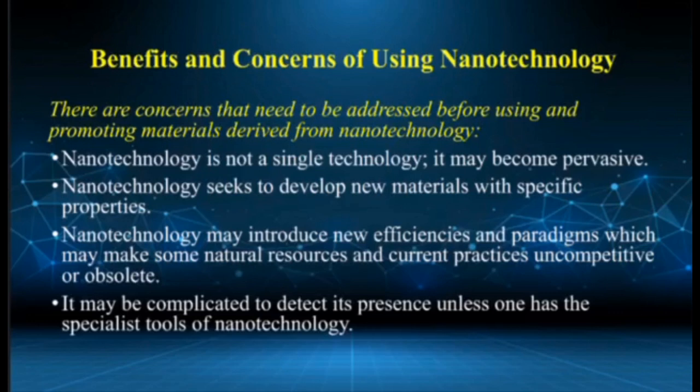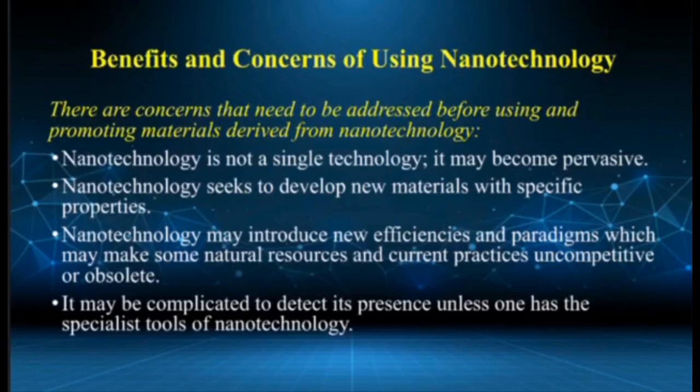This could make traditional farming practices and chemical pesticides and fertilizers uncompetitive. However, it is important to note that while nanotechnology has the potential to disrupt industries and practices, it can also create new opportunities and markets. For example, the development of new nanomaterials and devices could create new jobs and industries and lead to new applications